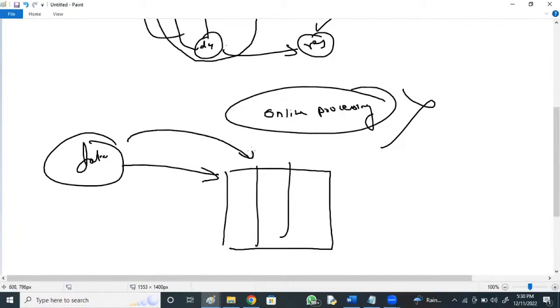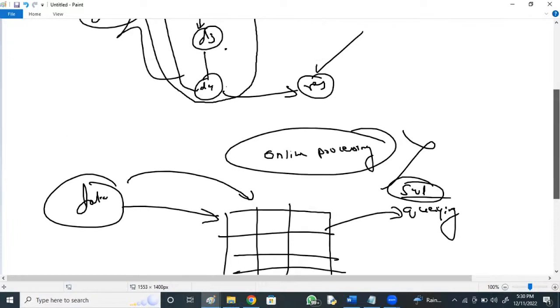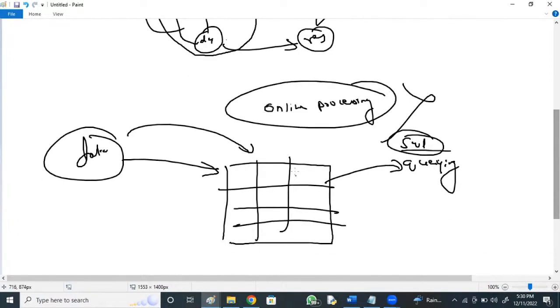Unstructured to structured, I'll make a table structure. On the table structure, I can perform SQL querying, structured query language, also. So interactive queries, you can interact with this with any queries.